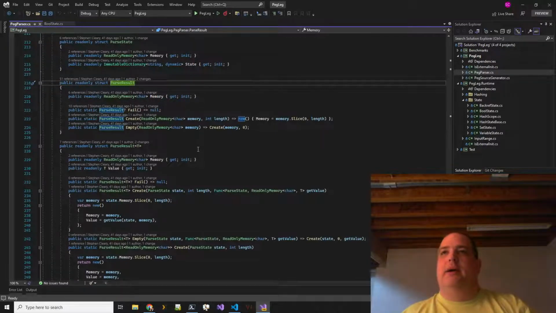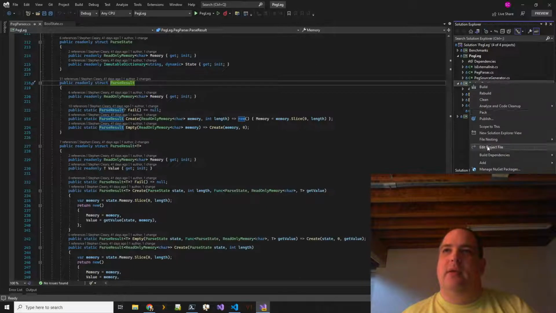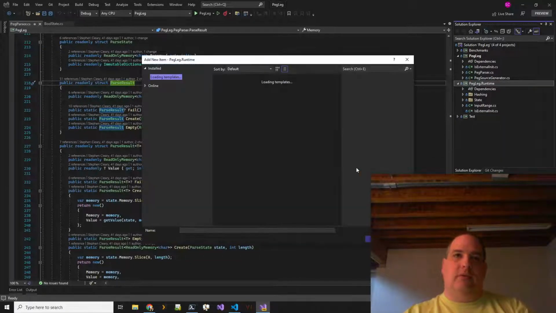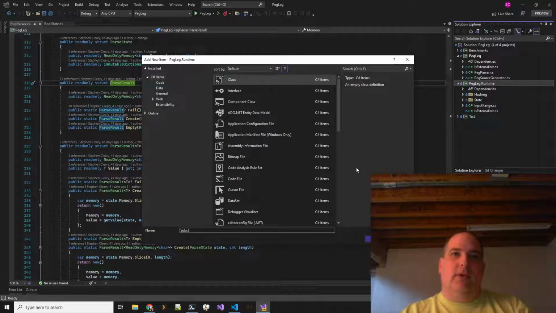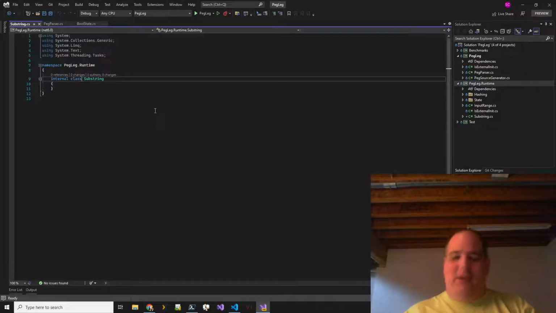So let's define this. It would go in the runtime, I think, and it's essentially going to replace this input range here. So let's do a substring. I'm really unsure about that name, but we'll call it what it is here.